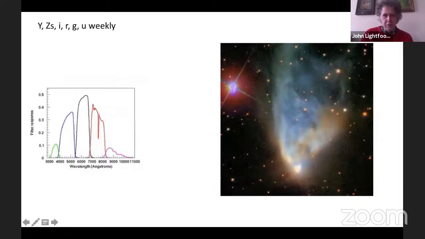Now I've tried, once a week, to get a complete set of different color filters of the nebula. So this is the nebula from the Sloan Digital Sky Survey in its various colors, and you can see that it looks like the middle of the nebula is blue, and outside the nebula is more red. It looks like a blue liquid in a red glass cup or something in some situations.